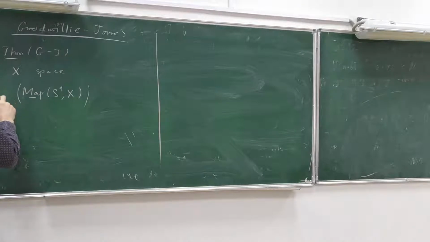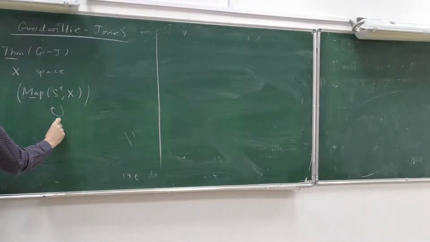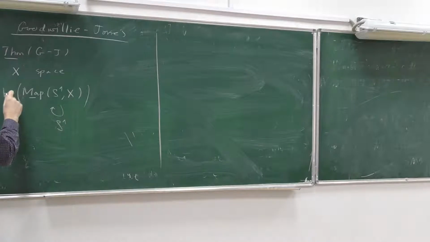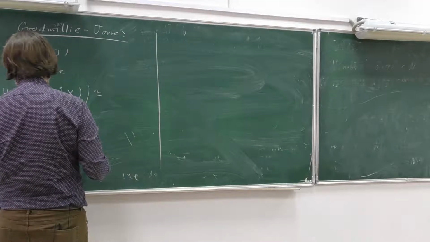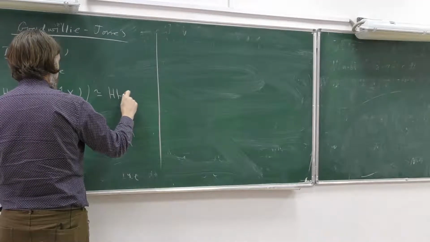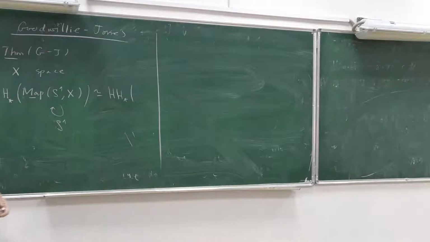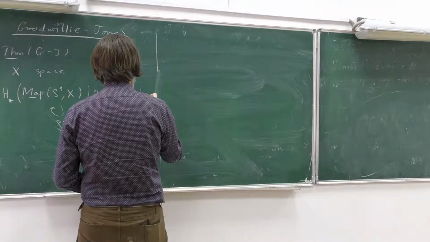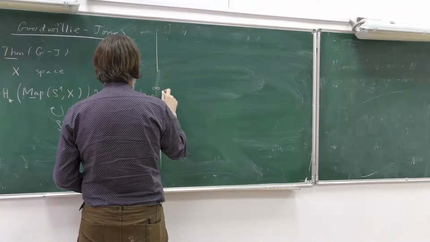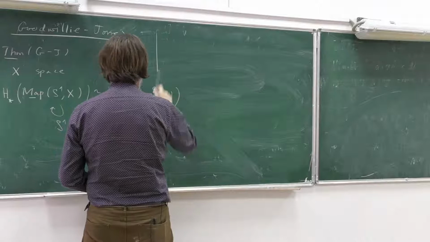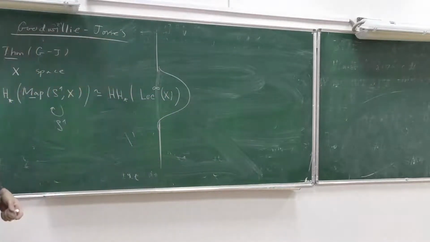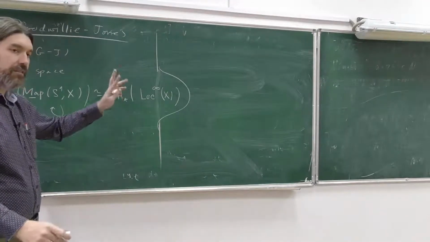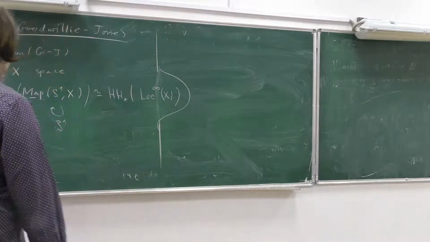And the circle acts on here just by rotating the source. And so it acts on the homology. And this will be equivalent to Hochschild homology of, let me say it like this, infinity local systems. So I'll say what this means, and then once I've said what it means, I'm going to drop the infinity. But it's kind of like a derived category of local systems in a precise sense.